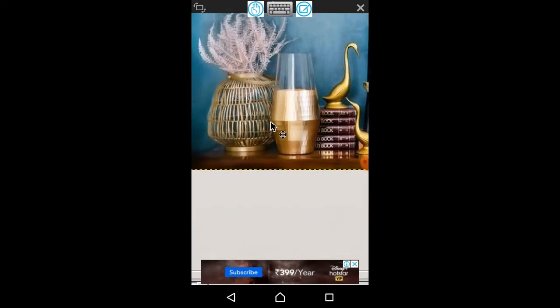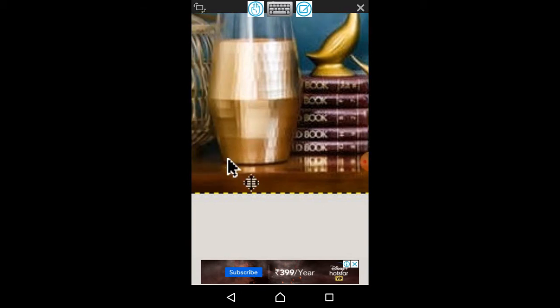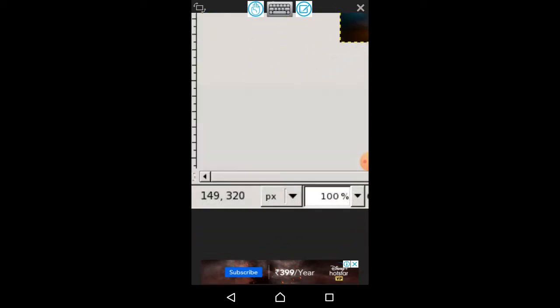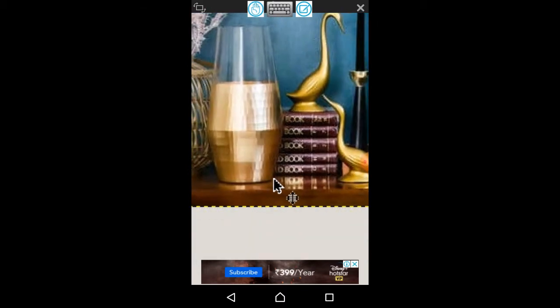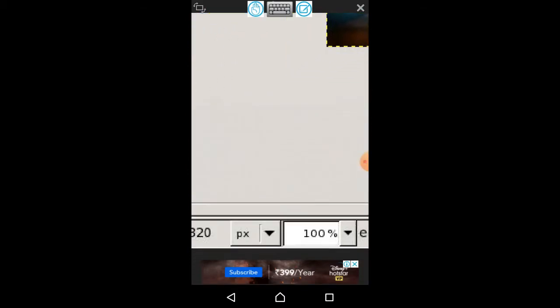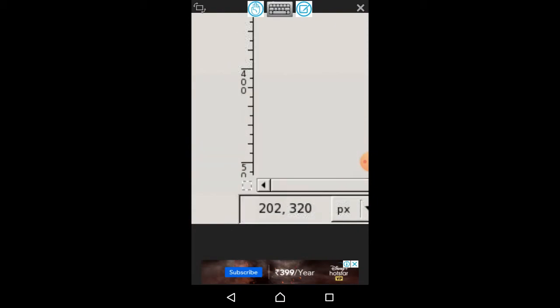Like this we have to do with all the corners of the polygon. There is no limit on how many coordinates a polygon shape can have, because it is an irregular shape. Then continue like this till you finish all the corners.